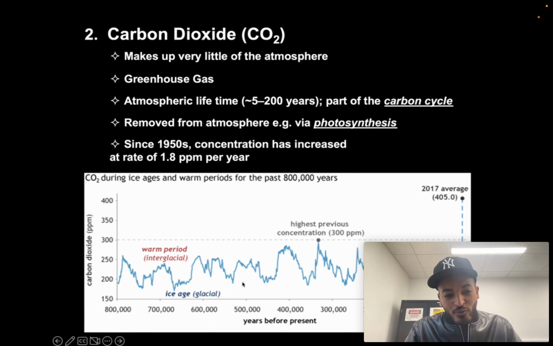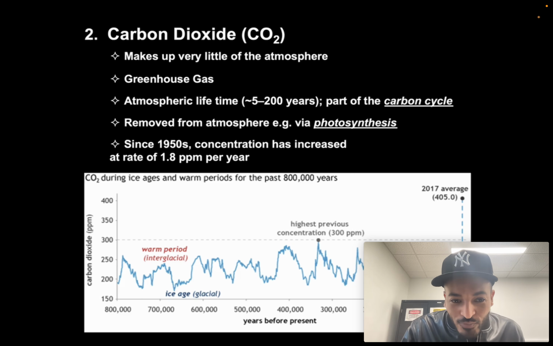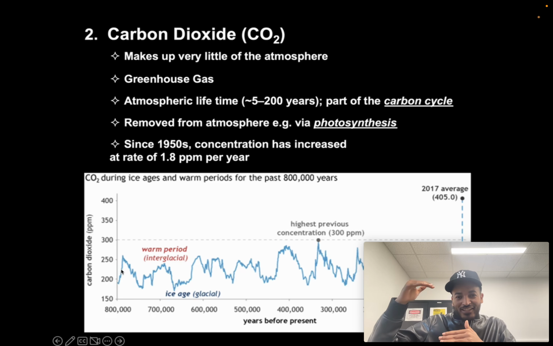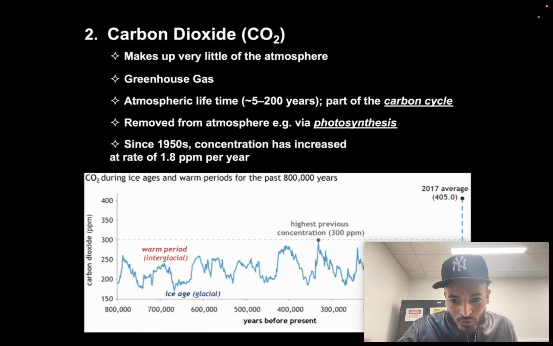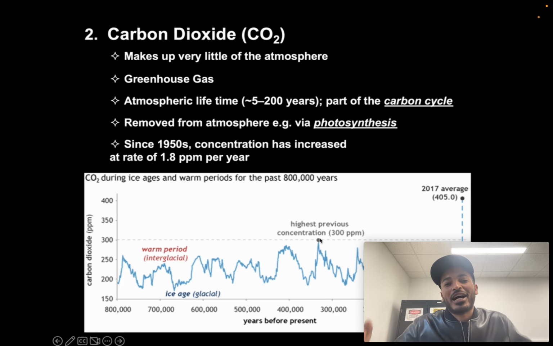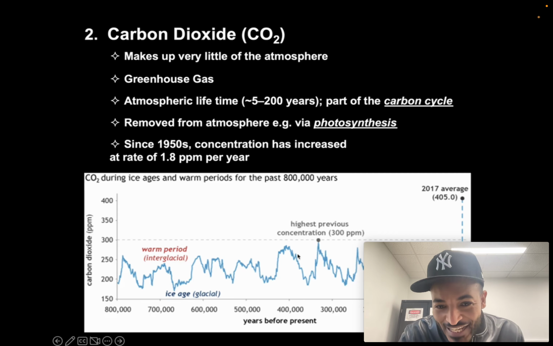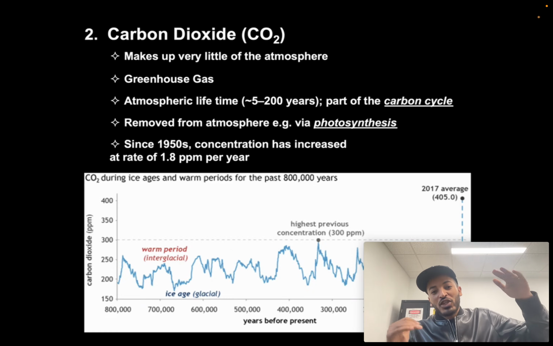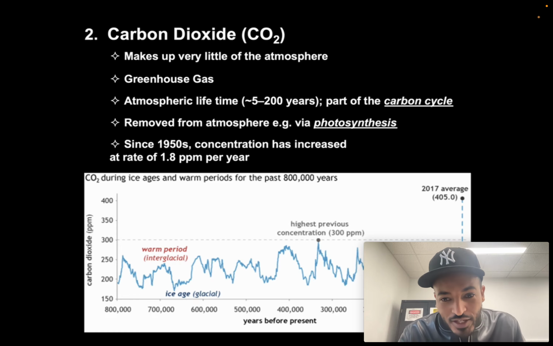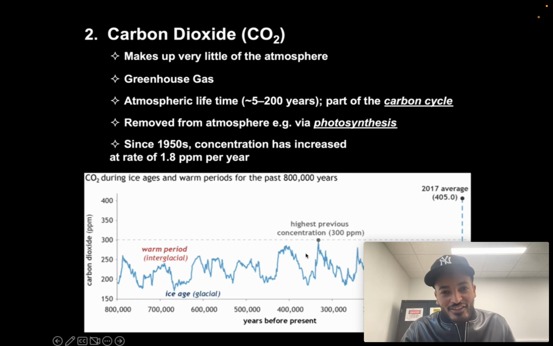So if you look at what was happening throughout history, the carbon dioxide in the atmosphere was fluctuating between 180 to about 300 ppm at most, right? And then it was taking nature, our planet, a long time to go from one peak to the other. For instance, for the carbon dioxide concentration to change by 100 ppm, it would take the Earth about 100,000 years,